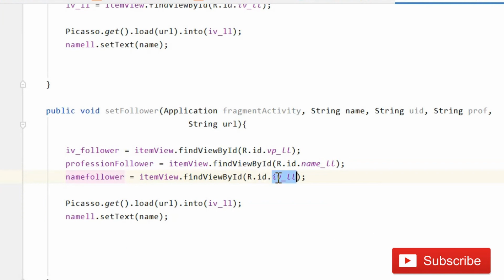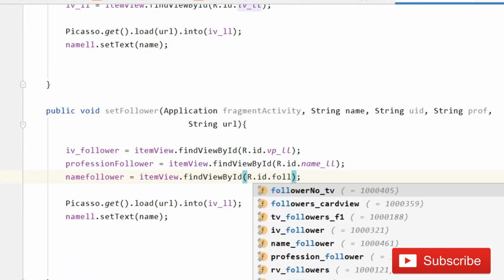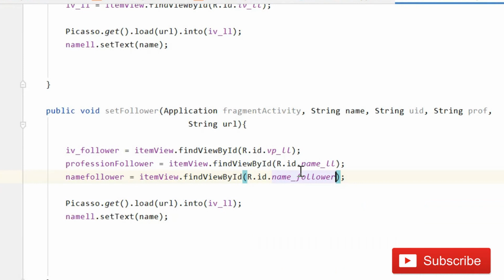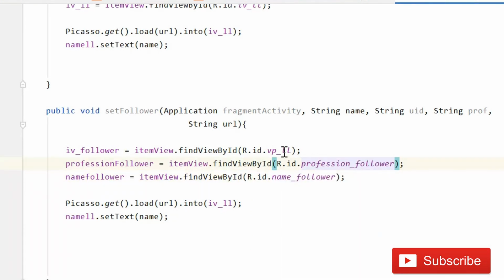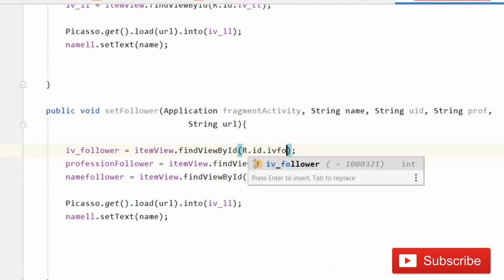So here you have to write follower, name follower, and then profession follower, and then iv follower.